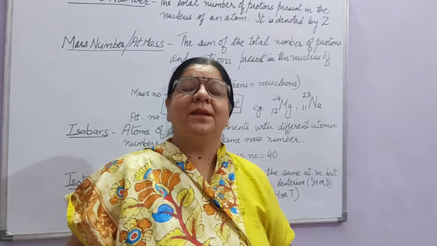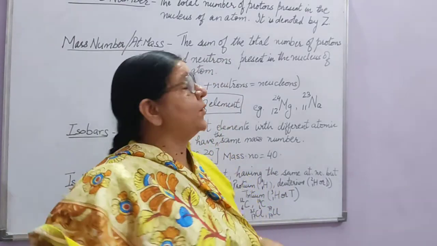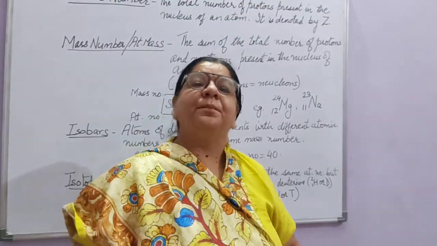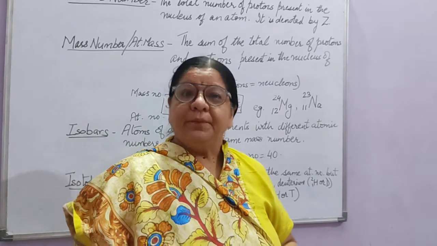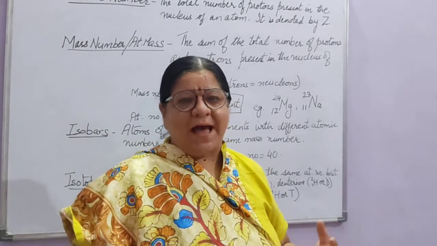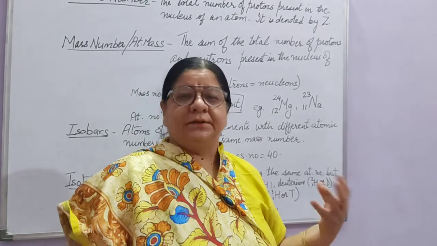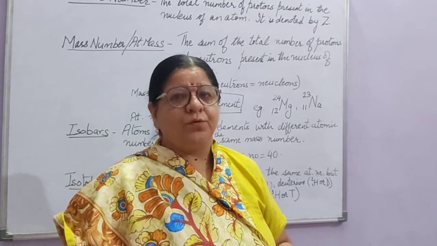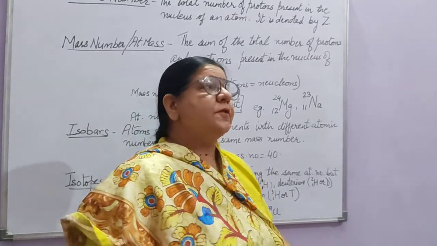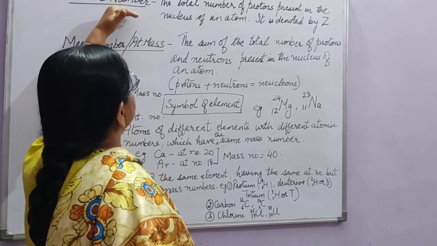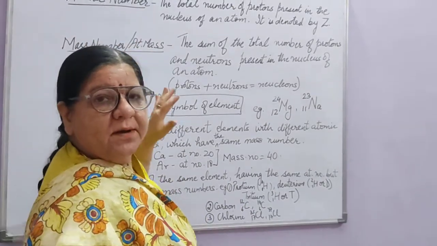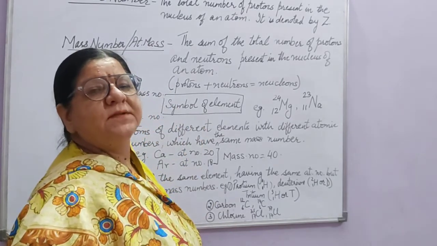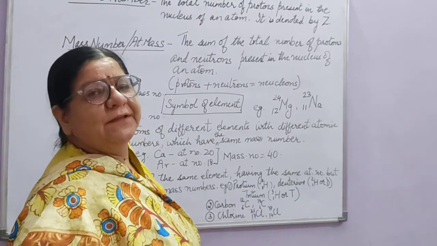Hello everyone. So today we are going to study the chapter Structure of the Atom. We have already learnt about electronic configuration and valencies, right? The atomic numbers and atomic mass are the common terms that were being used when we were doing the valencies, right? So today we are going to learn what is actually meant by atomic number and mass number, and then there are two more terms, that is isobars and isotopes. So let's do them one by one.